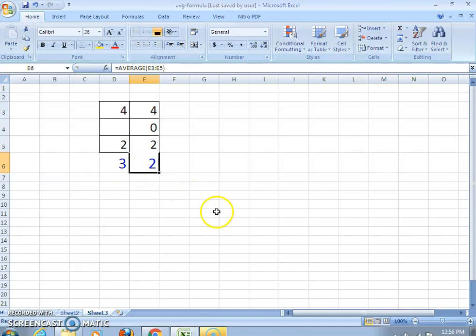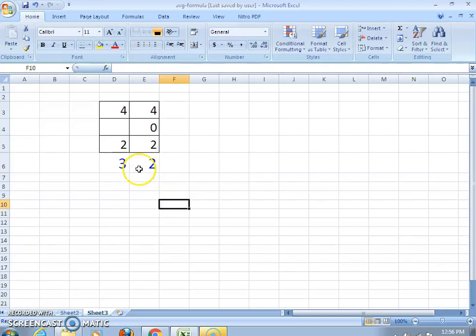Why does this appear different here? It means in Excel, a blank cell is ignored in the calculation. So while you are using a formula, make sure that there is no cell left blank. In the second case, you see, instead of a blank I have entered 0. 0 is a number, and now you see it is selected and used in the calculation. That's why it comes to 2.